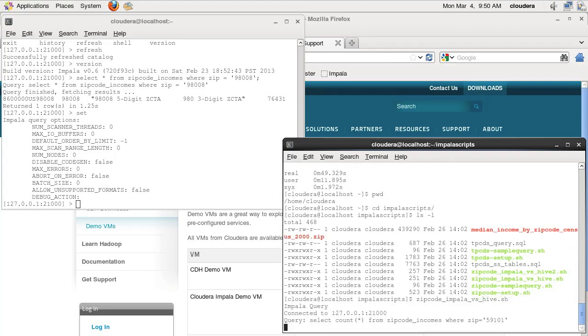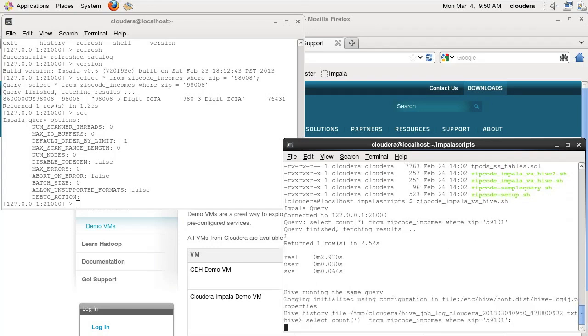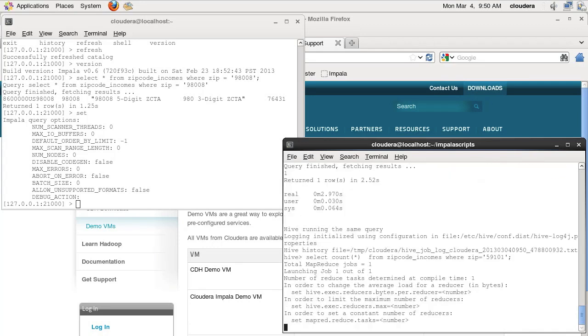Here the queries are running. First the Impala query, a selective query, and then we are running the exact same query in Hive as a MapReduce job. Let's see how many MapReduce jobs are created for this query. Could be one. Okay, so here you see the time taken was almost 3 seconds versus